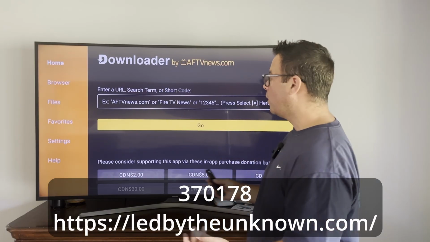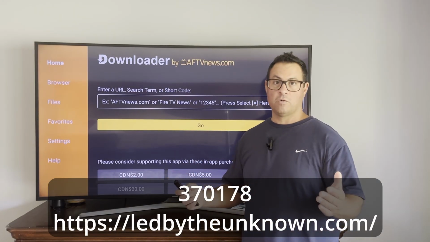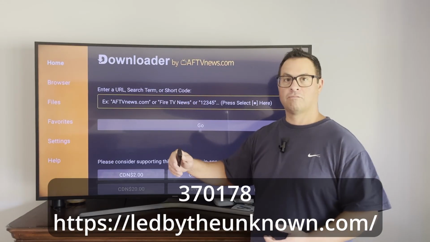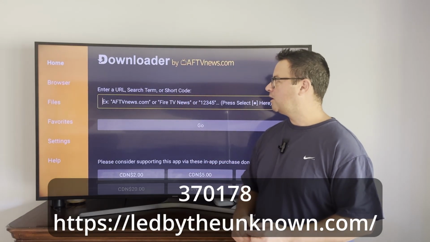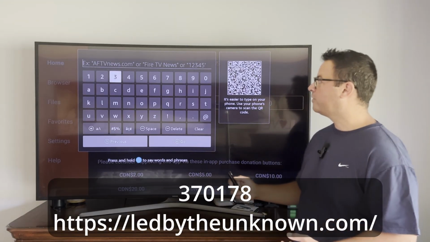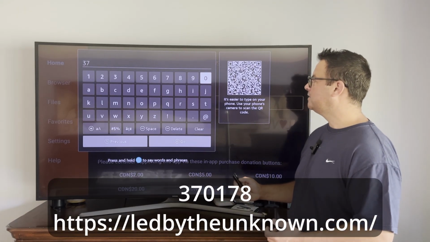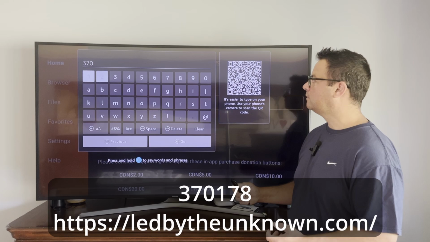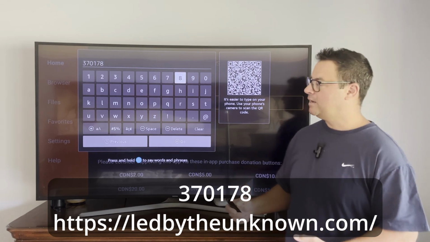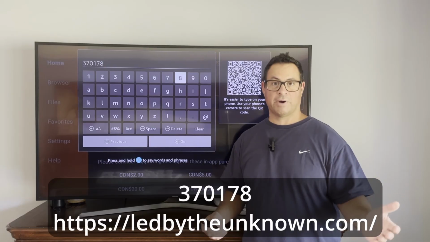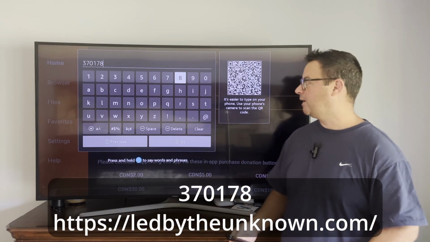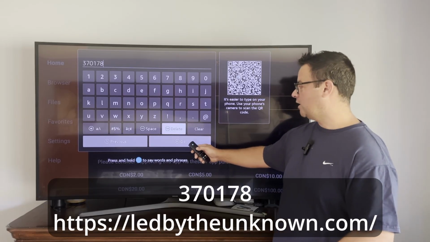https://ledbytheunknown.com, or I have a short code for you, which is way quicker. So just arrow up into the box, click on it. It does give us a keyboard, so we can type this out: 370178. This is a short code that goes to the Led by the Unknown's downloads page in order to get these awesome applications. When we just hit go,